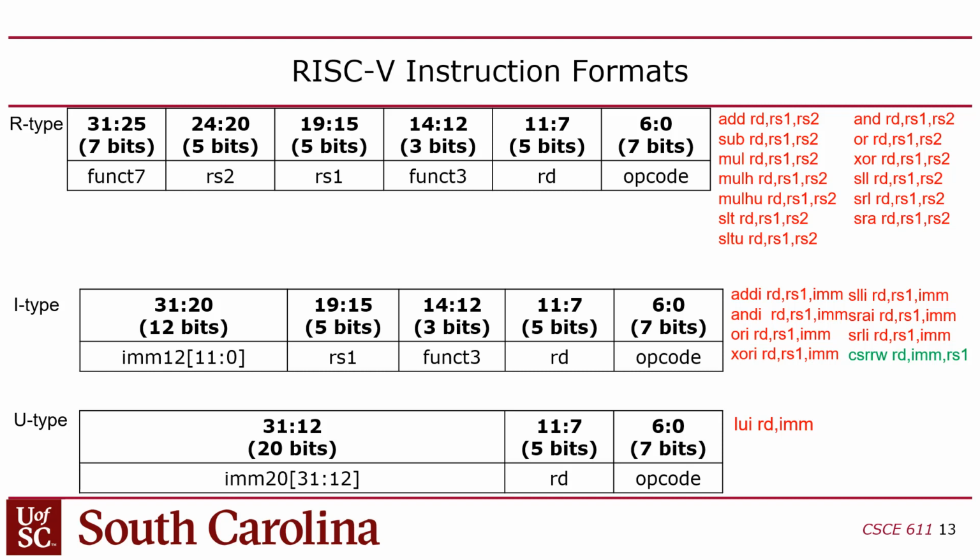You remember MIPS? You had the opcode first, and the function code was last. Now, the function code is first, and the opcode is last. And remember, with MIPS, they were both 6 bits. Now they're 7 bits, both of them. I don't know why they changed that. Also, there's another function code in the middle of the instruction called funct3. So in total, you've got 7 function bits here, 3 function bits here, and the opcode here.